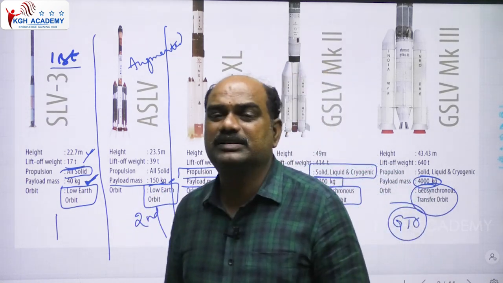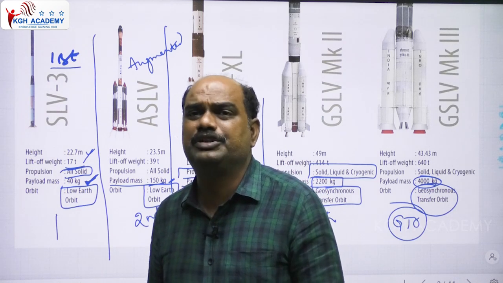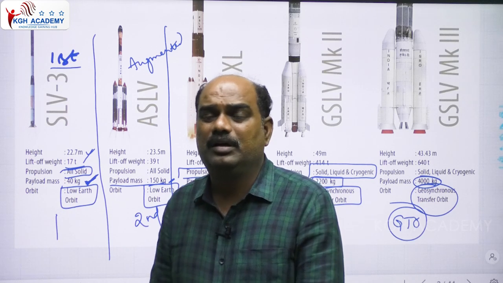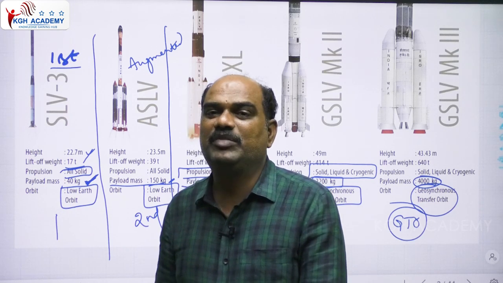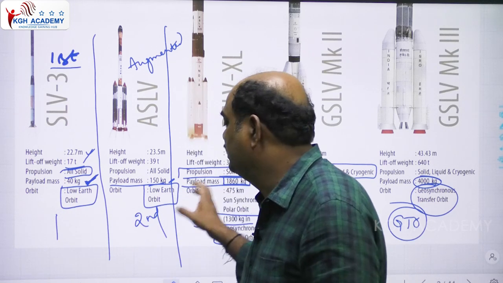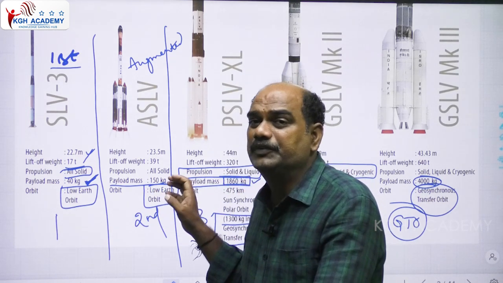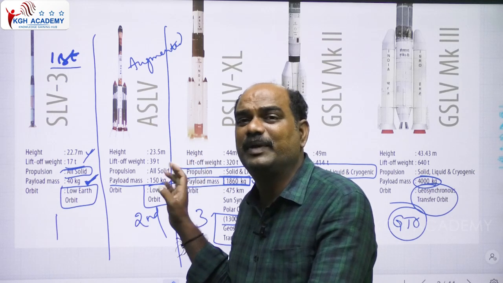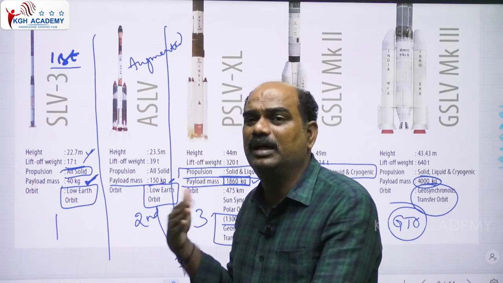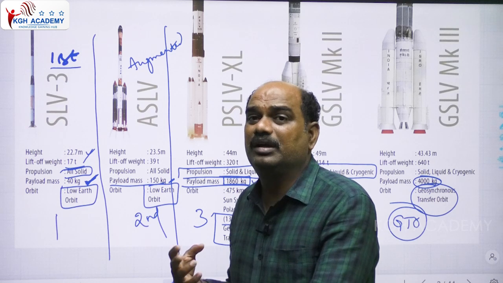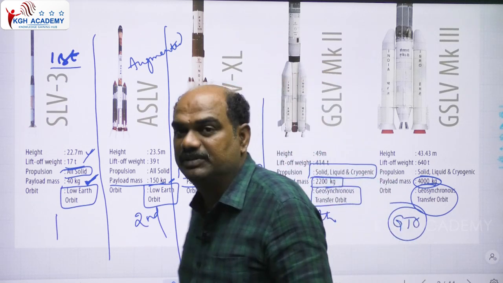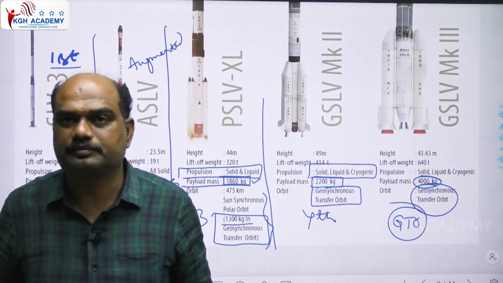For example, if a 5 marker evaluation of the launching vehicle system is asked, you can mention such factual information and move to the next question. If it is a 10 marker, you can start your information like this and focus more on PSLV and GSLV and compare them. If the examiner asks, also mention it. If the examiner did not ask, you try to mention the information. So that is the main important information with reference to the